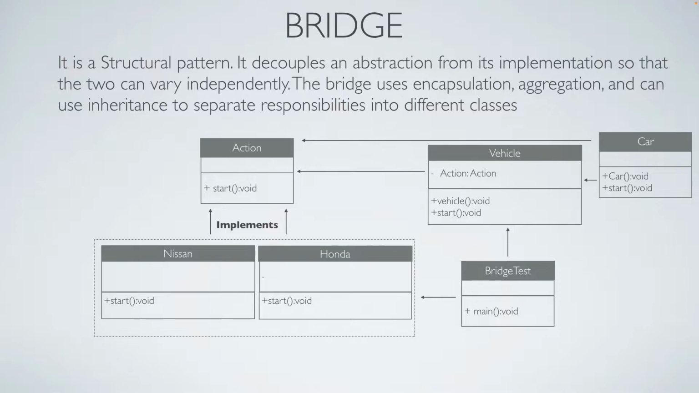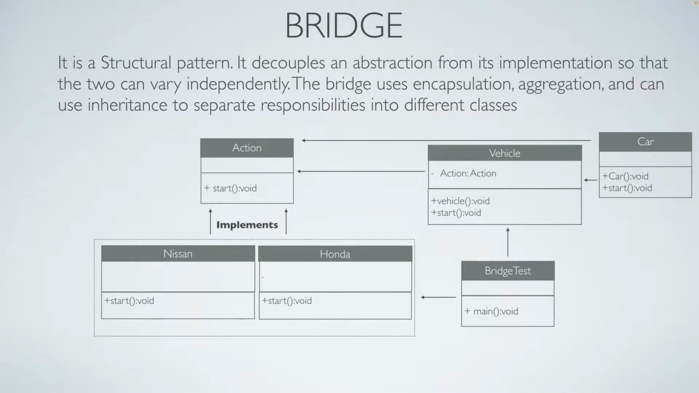Bridge pattern decouples an abstraction from its implementation so that the two can vary independently. The bridge uses encapsulation, aggregation, and can use inheritance to separate responsibilities into different classes. This pattern involves an interface which acts as a bridge that makes the functionality of concrete classes independent from interface implementer classes. In this example, a car can be started using different types, using same abstract class method but different